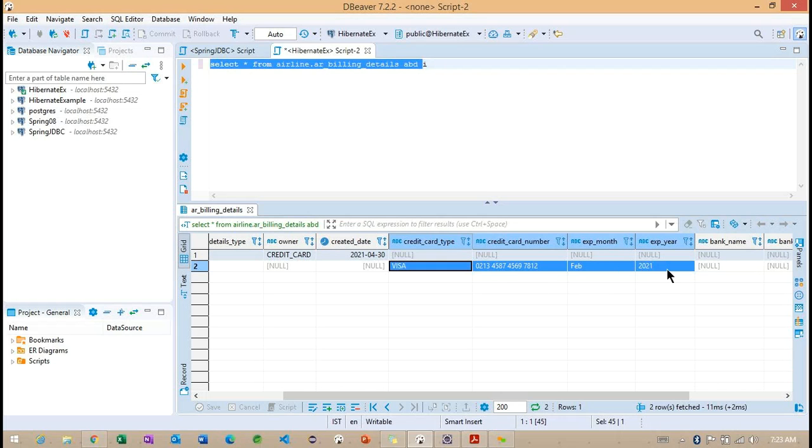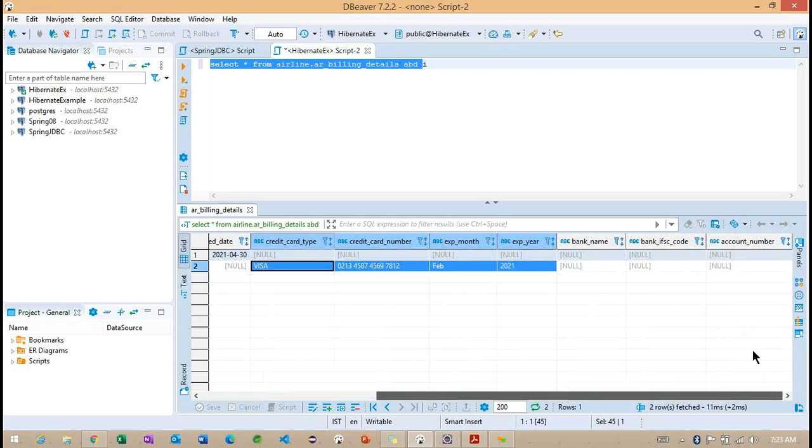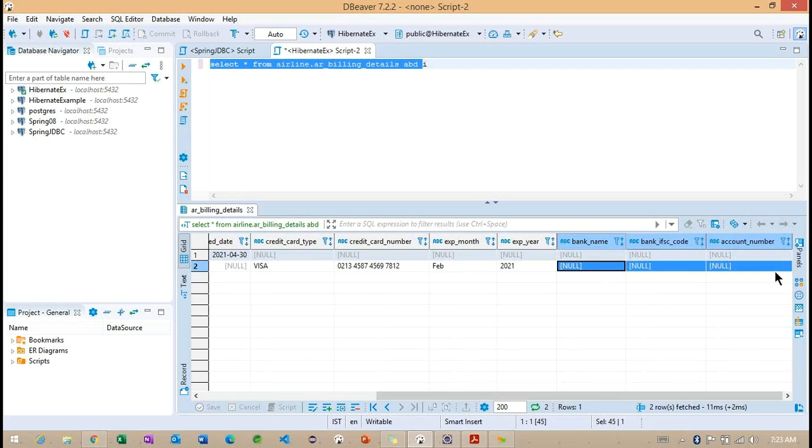These are some credit card number and expiry date, month and year. Now you can understand the bank details we are getting null here. So why we are getting the bank details null? Because of this particular credit card information, we did not add any bank details here.